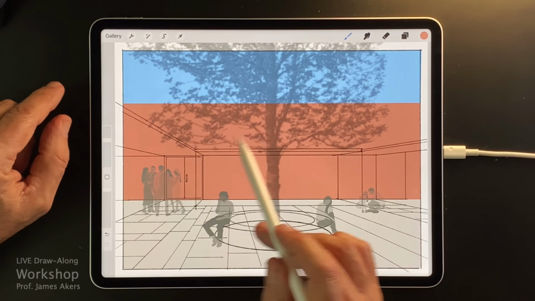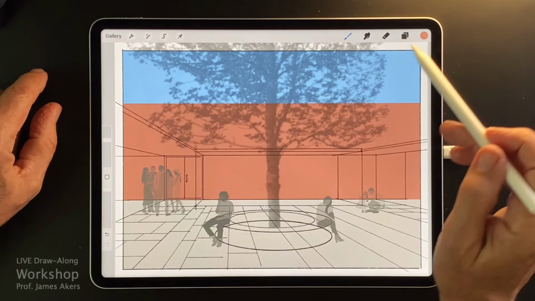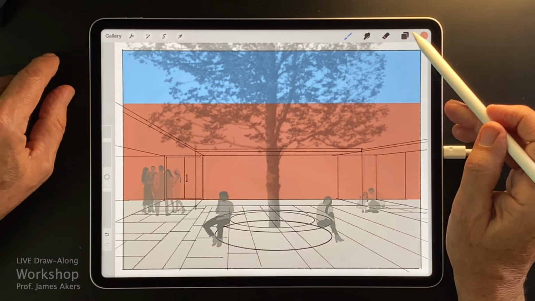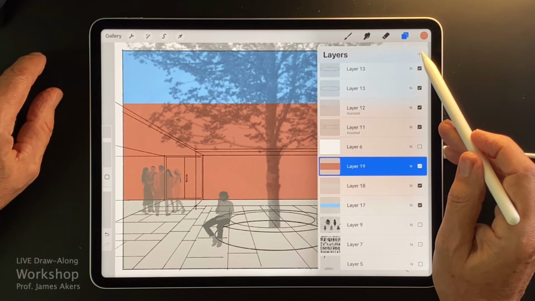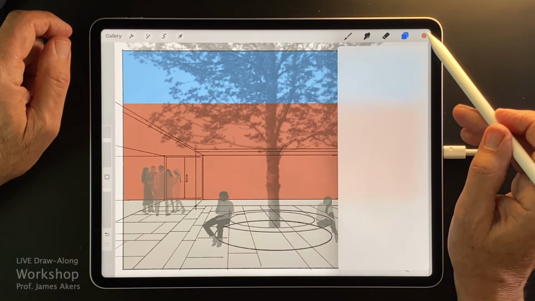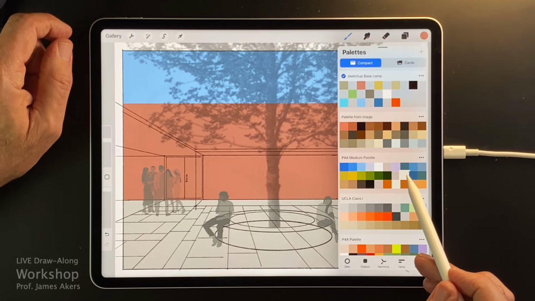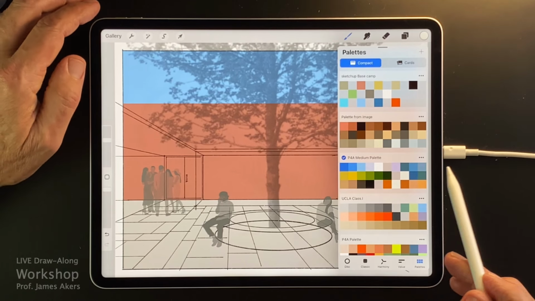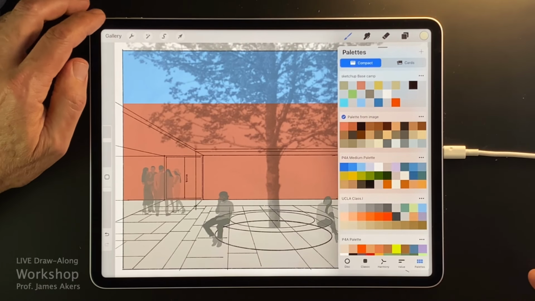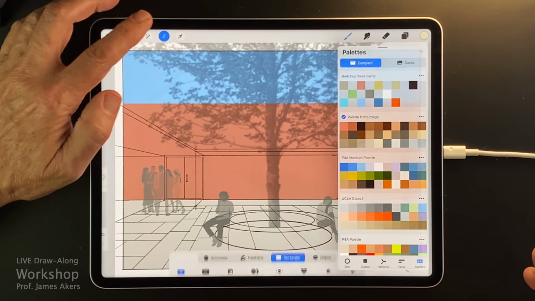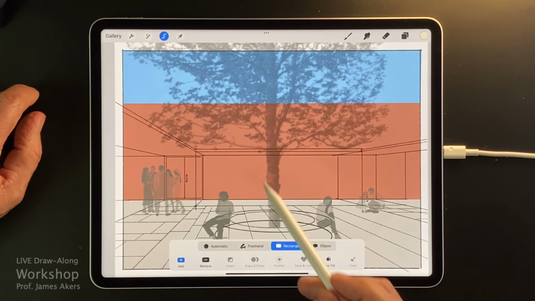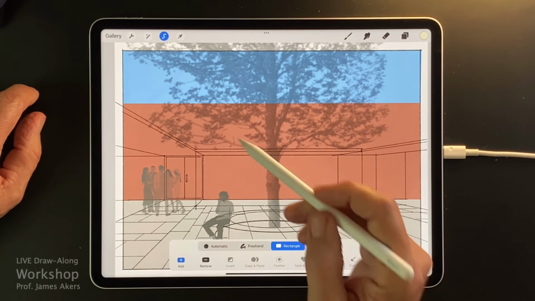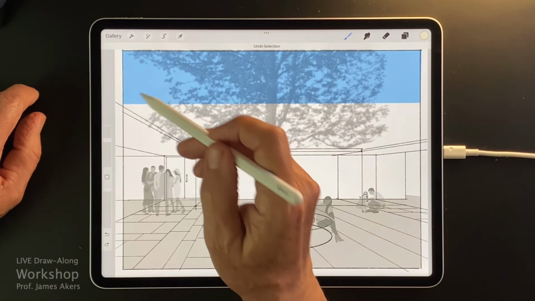So let's make that a lighter color, this whole overhanging surrounding object, and that will be on top of the red. So I'll find a nice Mies van der Rohe underside reflection color, and I'll come back to that selection tool, and this time freehand, and I'll work my way around this.